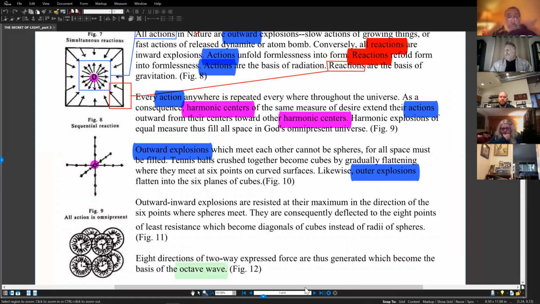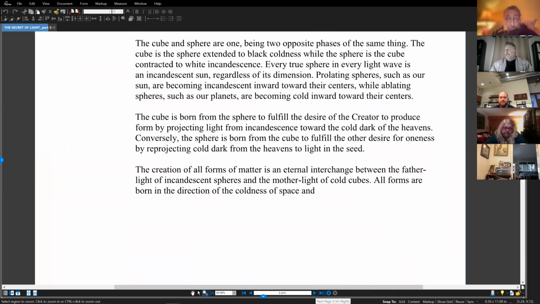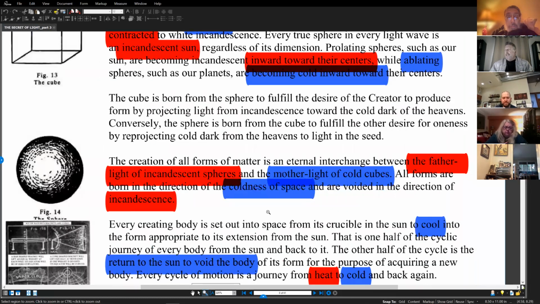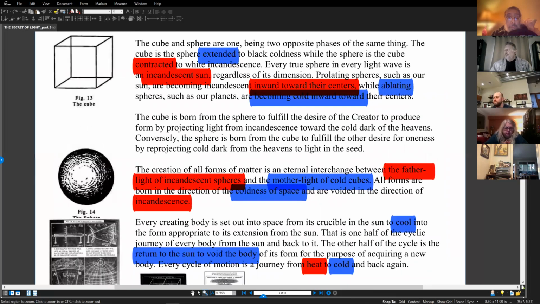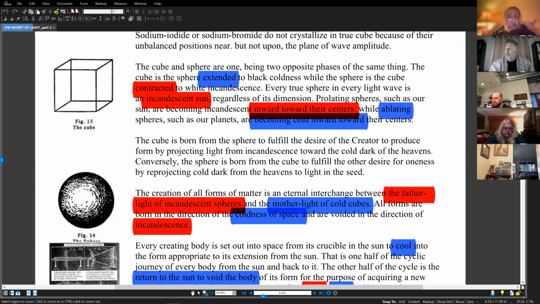So we're going to get back and talk a little bit about what we talked about last week, which was about the cubosphere and how the cubosphere is constructed and made. And as you remember,